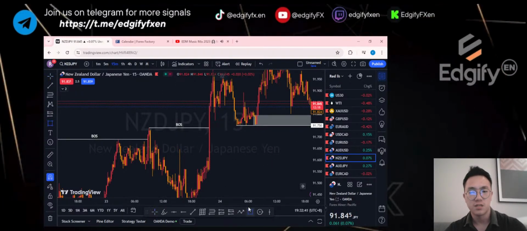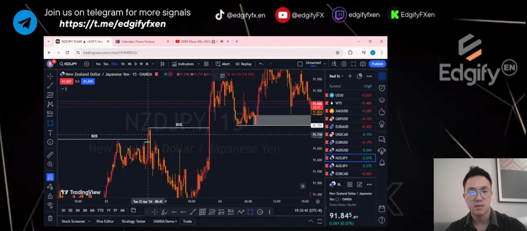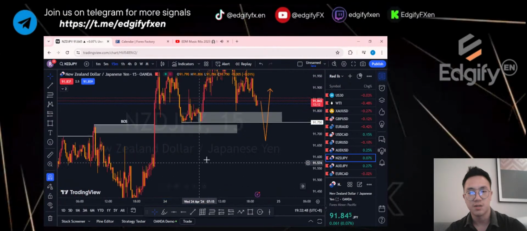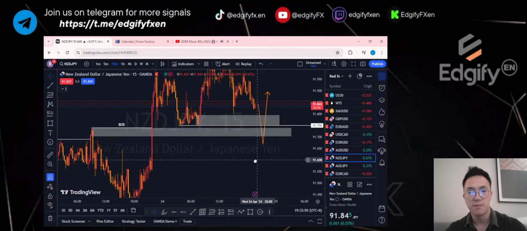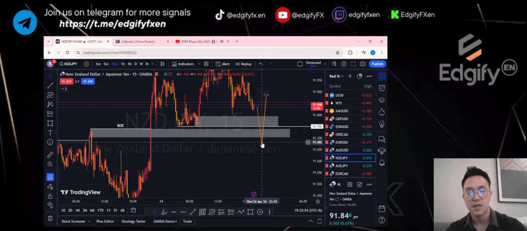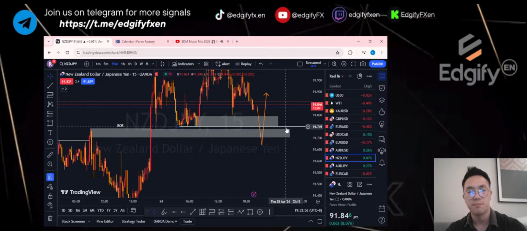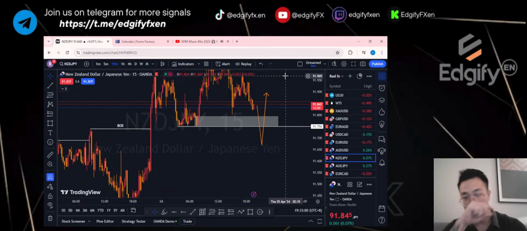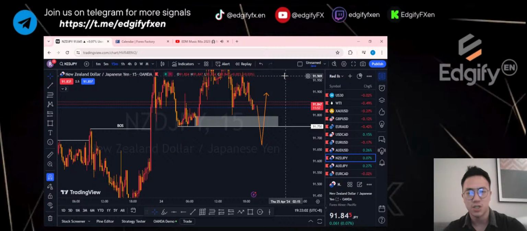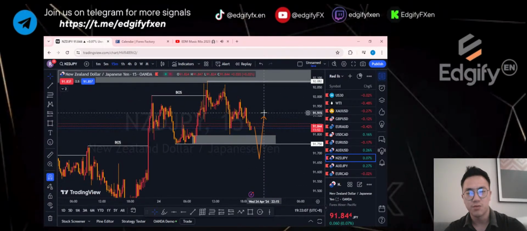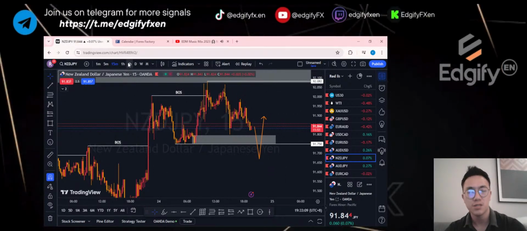If you look closely here, the retail way of trading is basically like, this is a resistance which has been broken, so it becomes a support. So maybe this will happen: it comes down, takes out all the buyers early, and then gives you a wick, and then it just pumps. So something like this could happen. But we'll see what NZD JPY is going to do. But for me personally, I want to see it break and then retrace, then we can start selling,